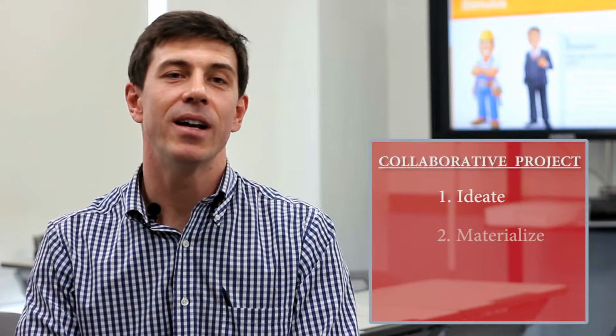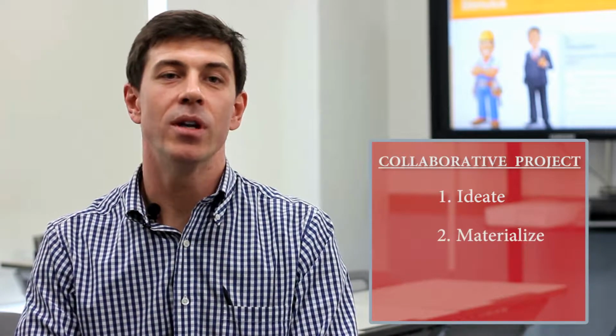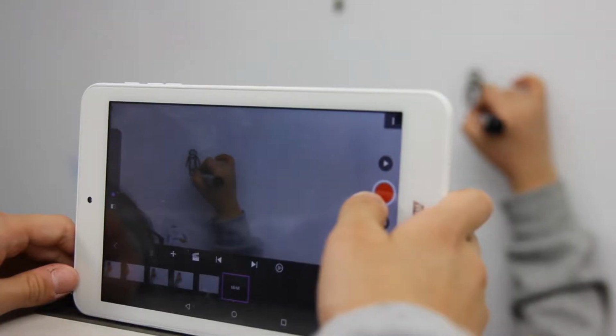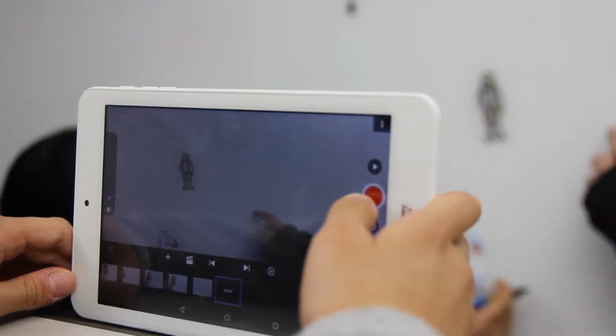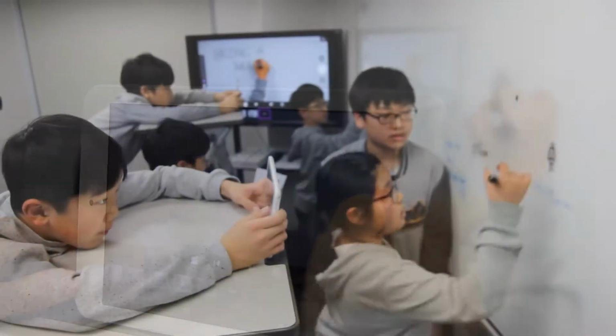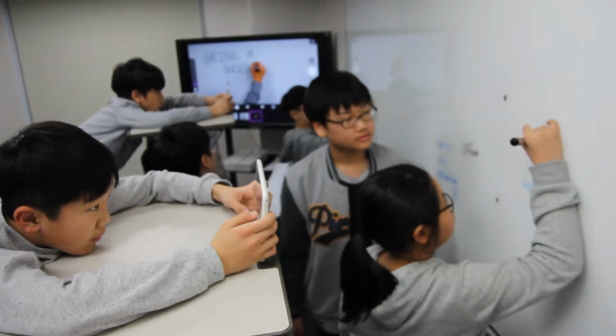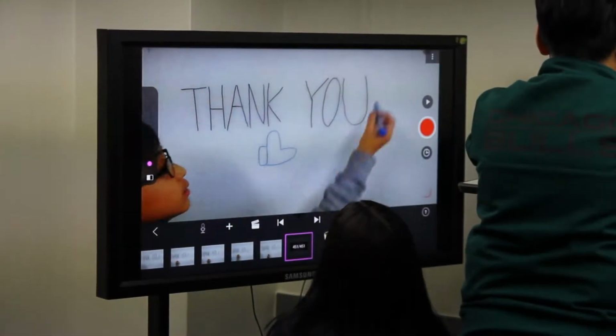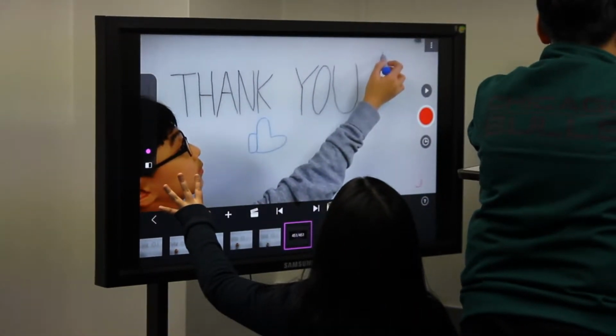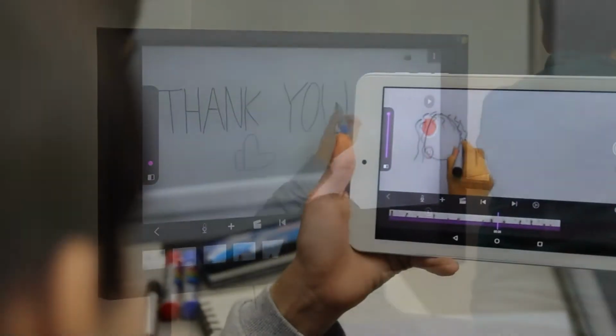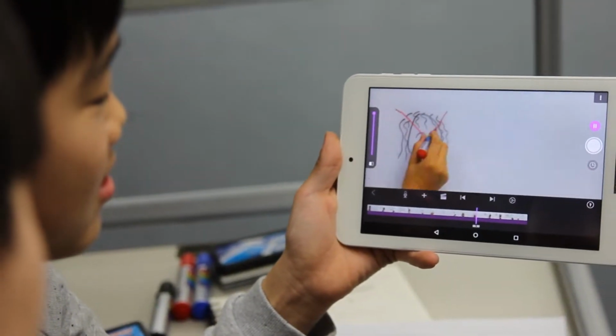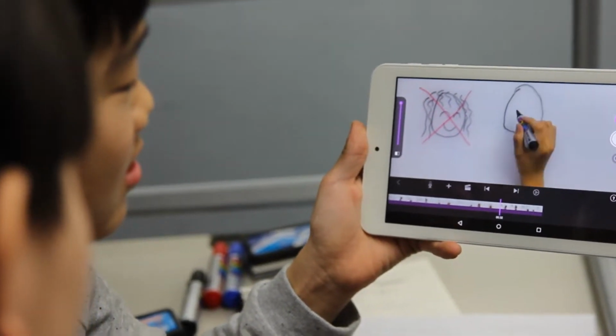For the materialize section today, we're going to be working on a stop-motion animation project on the front board, and each student, because they have their own role, knows what each of the other students are doing, and they're in charge of something as we kind of work together to create this project. My goal for the materialize section is always for the process to be as fun as possible for the students.